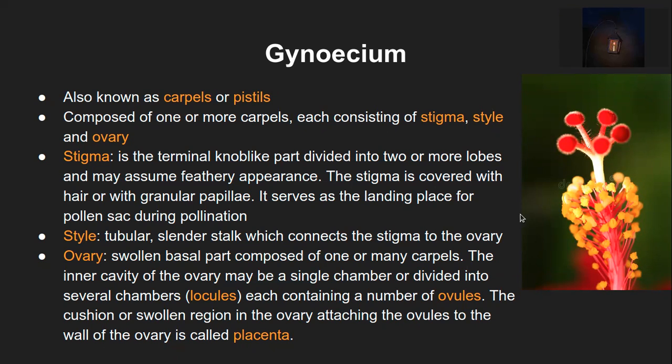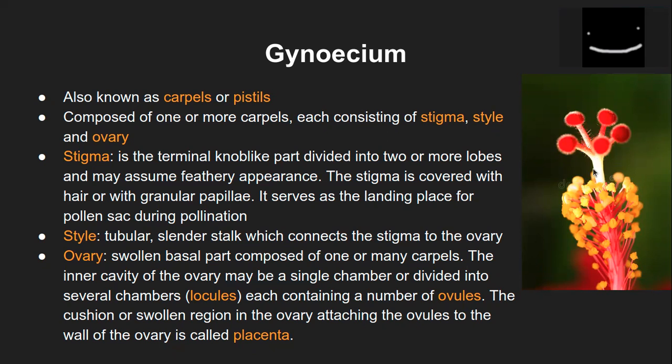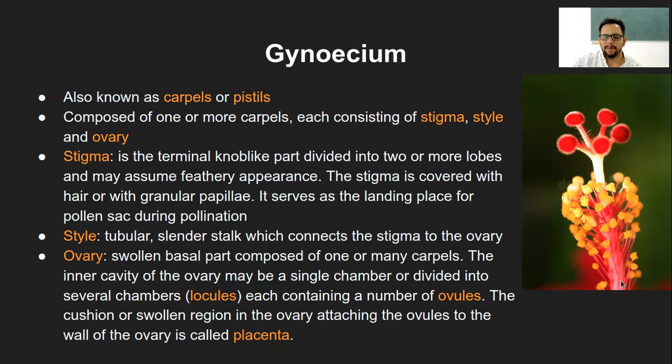And so what did you say about styles getting fused together? So in some cases, like here, you can see a little part of the style is free, but the rest of it is fused. All five of them are fused here at one position. Oh, okay. So that way they make one single tube up to the ovary. That is the style part. Okay, so I hope I clarified everyone's doubt.